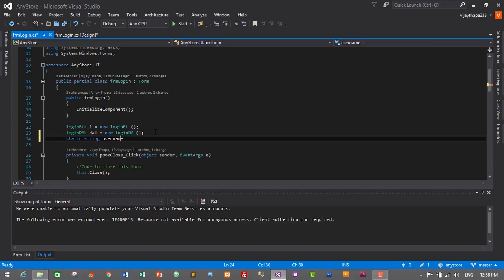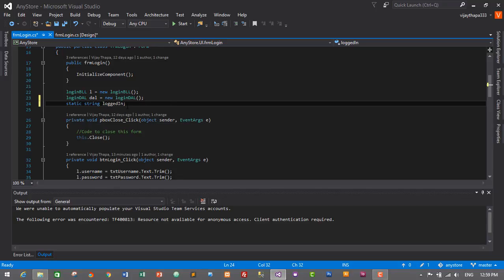I will create a static string type method with the name of loggedIn, and we will